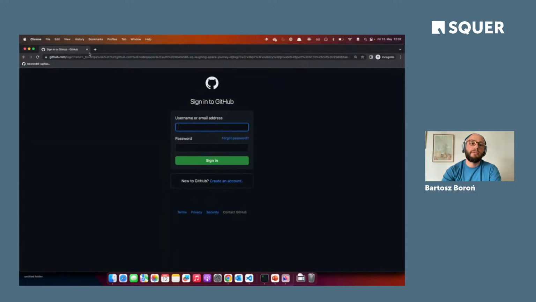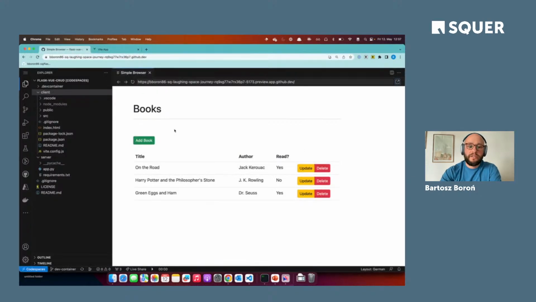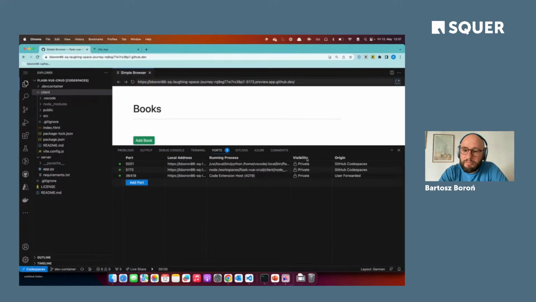Basically if somebody else tries to open it with their credentials, it won't work. You can expose the port publicly, so this is this public-private kind of visibility. By default, it's private, so only to your account or to your team, basically.